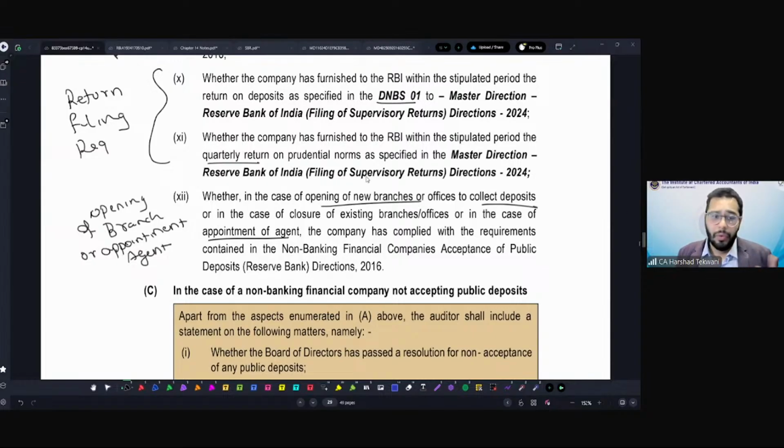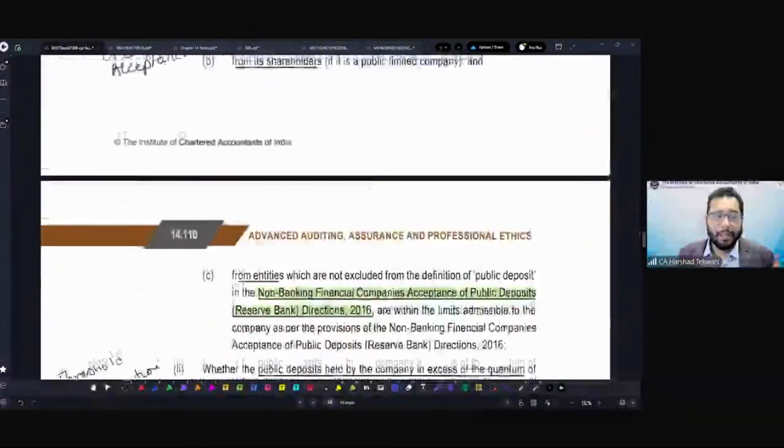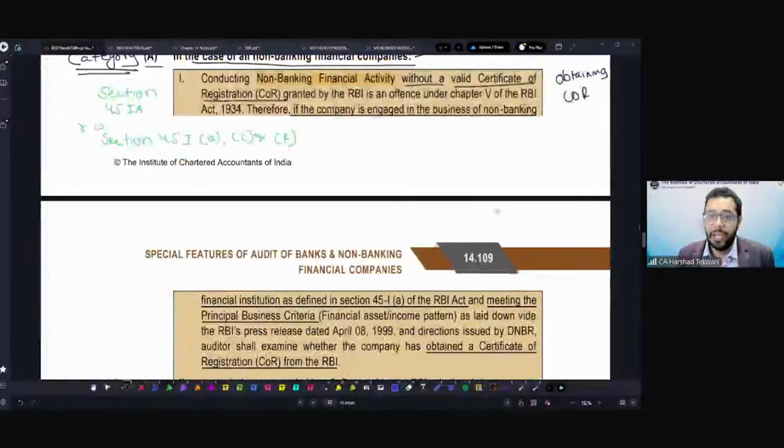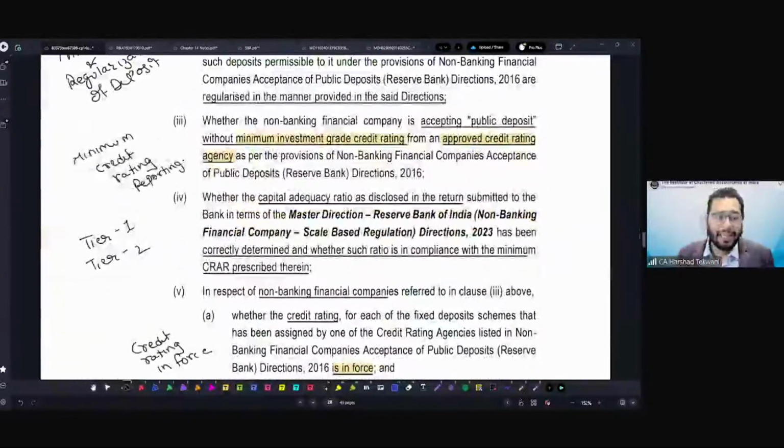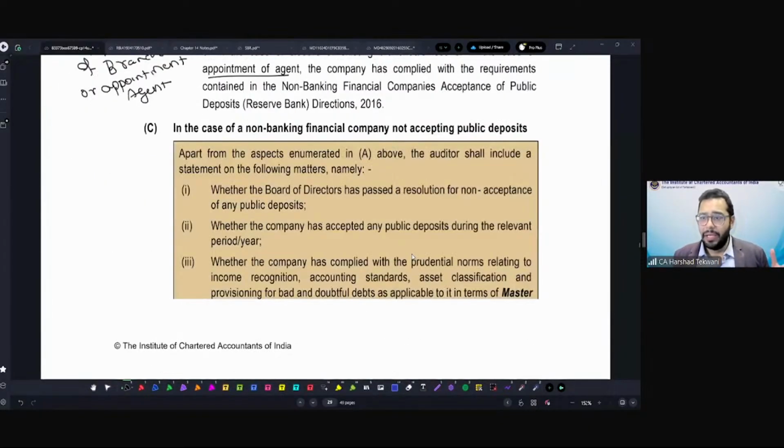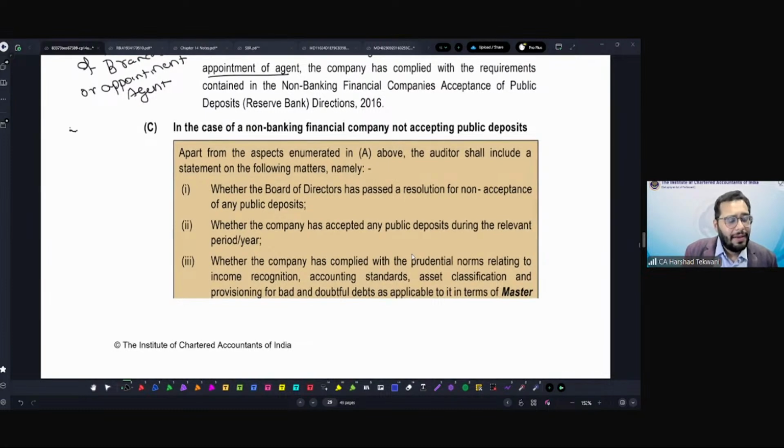Okay, now this was A and B category, but these are the two major categories which are there. Apart from that, there is a C category also. Now C category is quite small. It's there basically for the NBFC not accepting public deposits, means other NBFCs, and it is pretty much straightforward. What category C says is